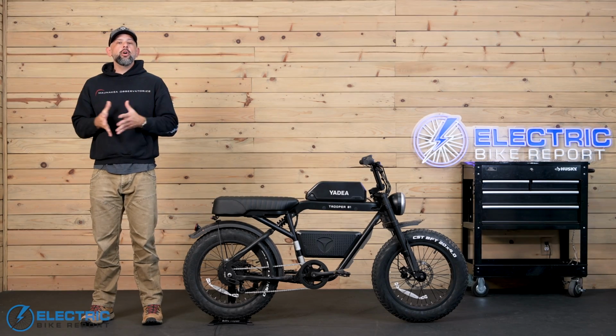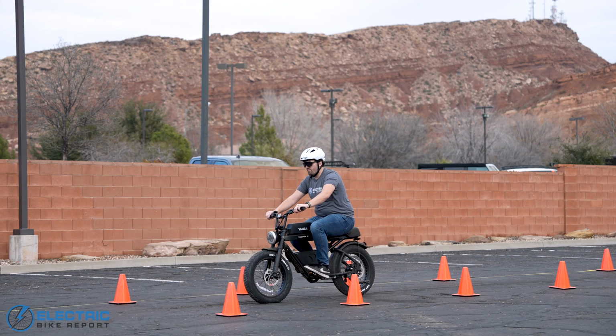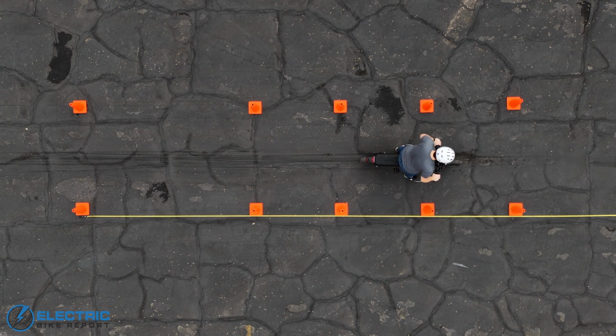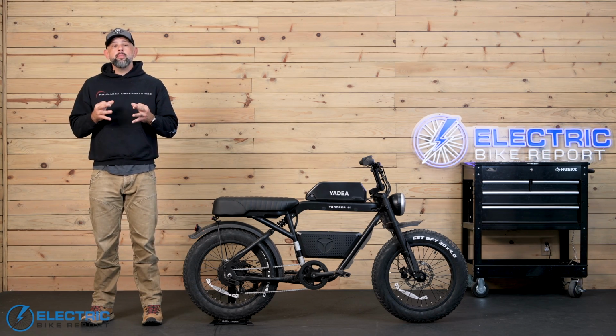First is our EBR standardized brake test, where our tester Griffin gets the bike to 20 miles an hour and then applies the brakes to bring the bike to a full stop. We then measure the total stopping distance to get an idea of the bike's braking ability. In order to get consistent accuracy, we will run this brake test 3 times and then come up with the